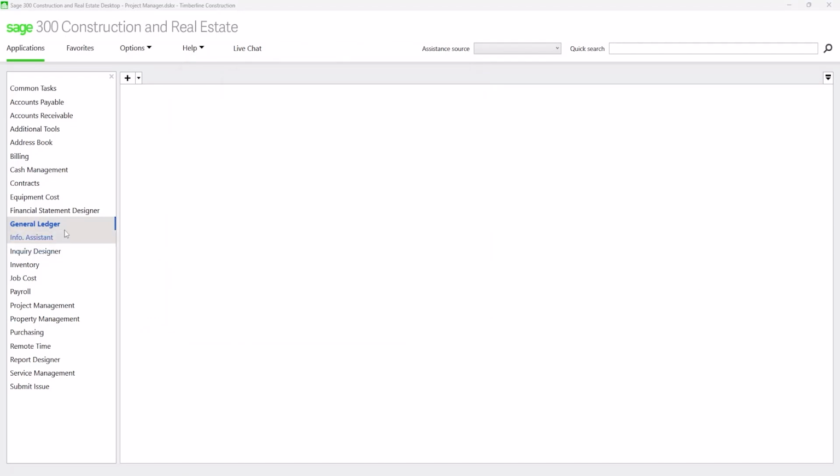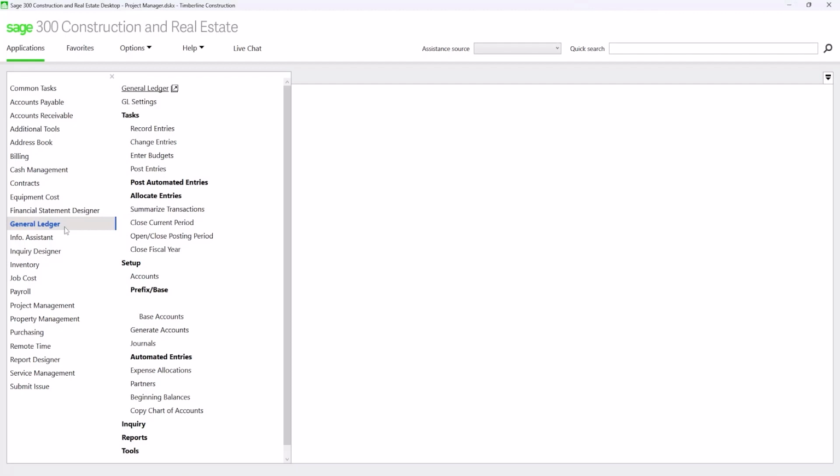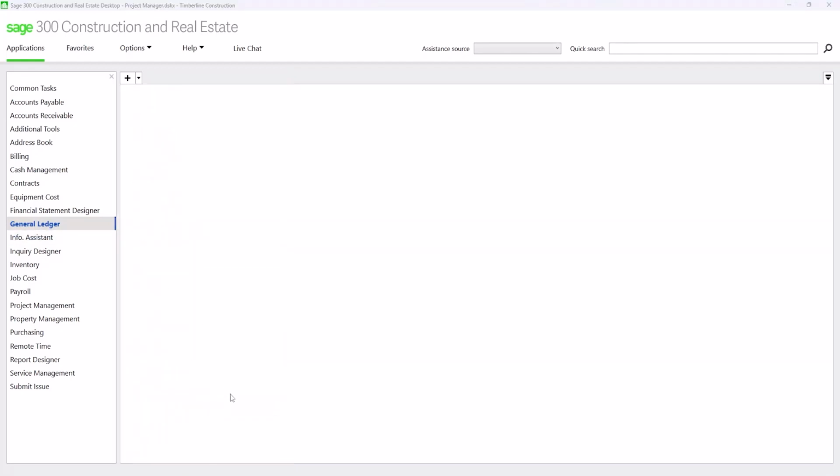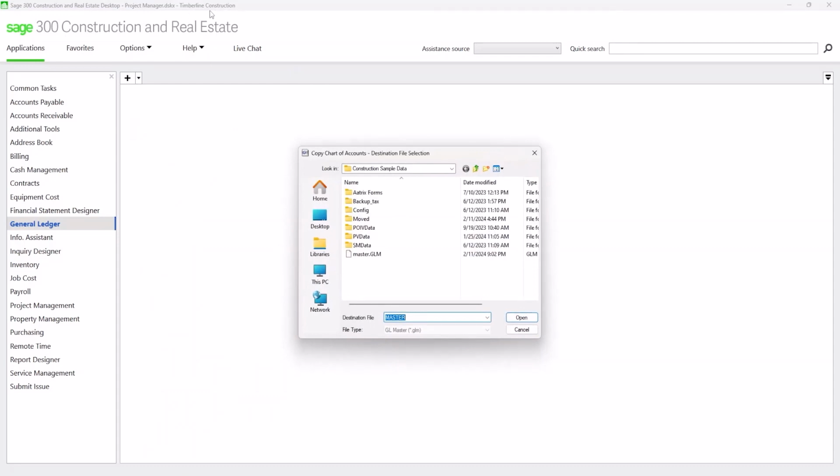The process will start by copying a company's journals, base accounts, and eventually accounts and balances from the originating data folders, the operating companies, into the consolidated data folder. So on the GL setup, copy chart of accounts, and again, we are in Timberline Construction Company as the originating company.